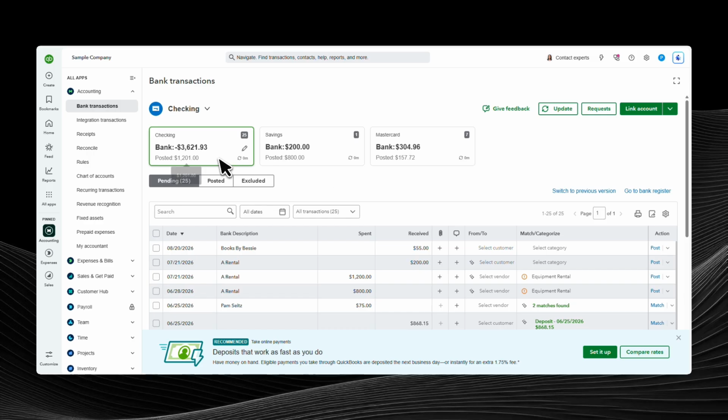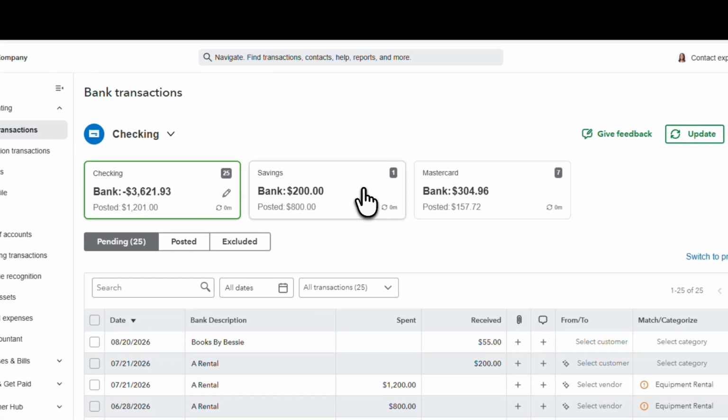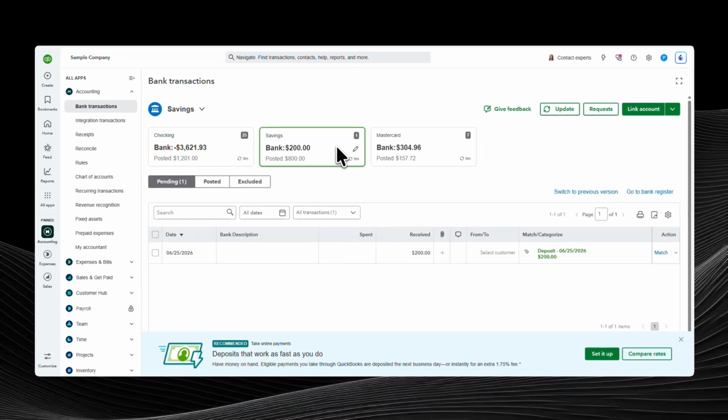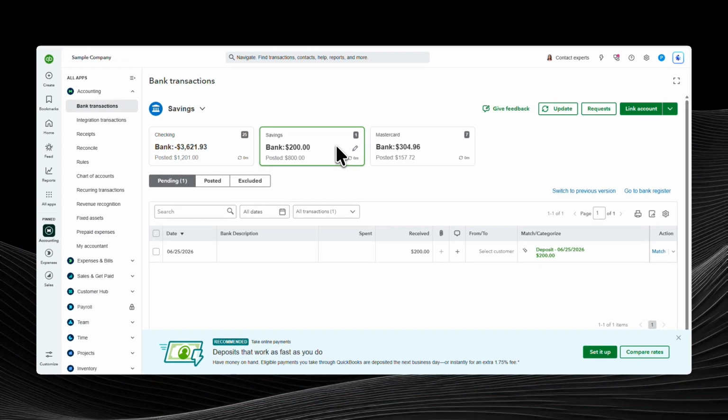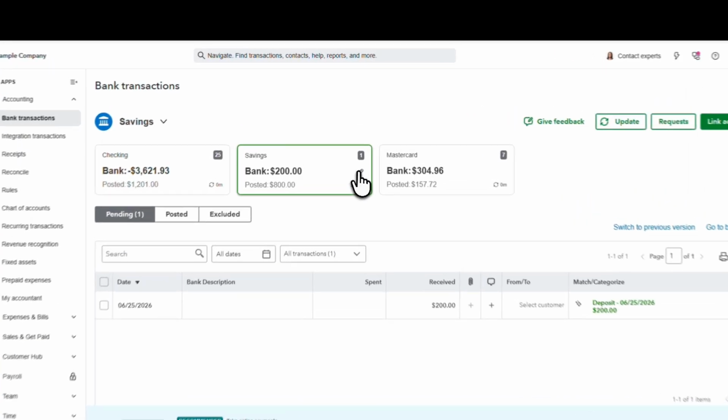the wrong area. Next, find the tile or card for the bank account you want to disconnect and click on it. Make sure you select the correct account before moving forward, especially if you have multiple bank or credit card accounts connected in QuickBooks. After opening the correct account card, go to the top right corner of that card and